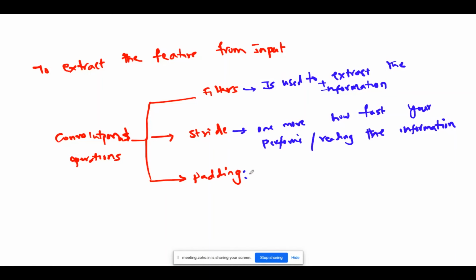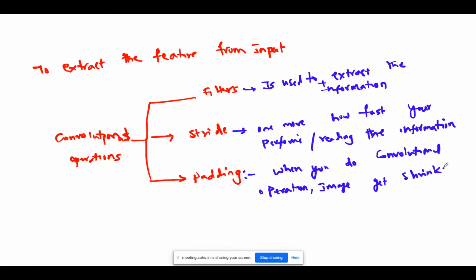Padding comes into the picture when you do the convolutional operation and the image shrinks. To avoid this, we use the padding option.